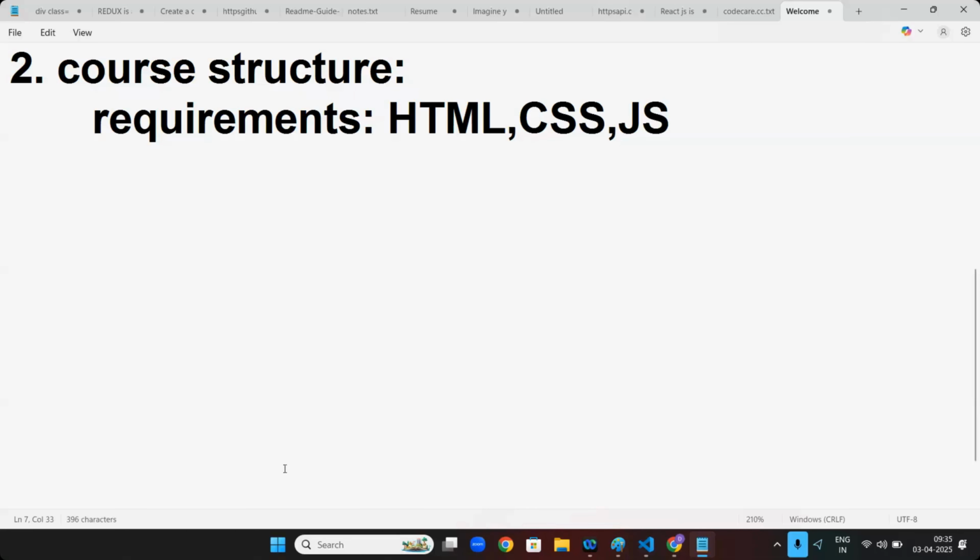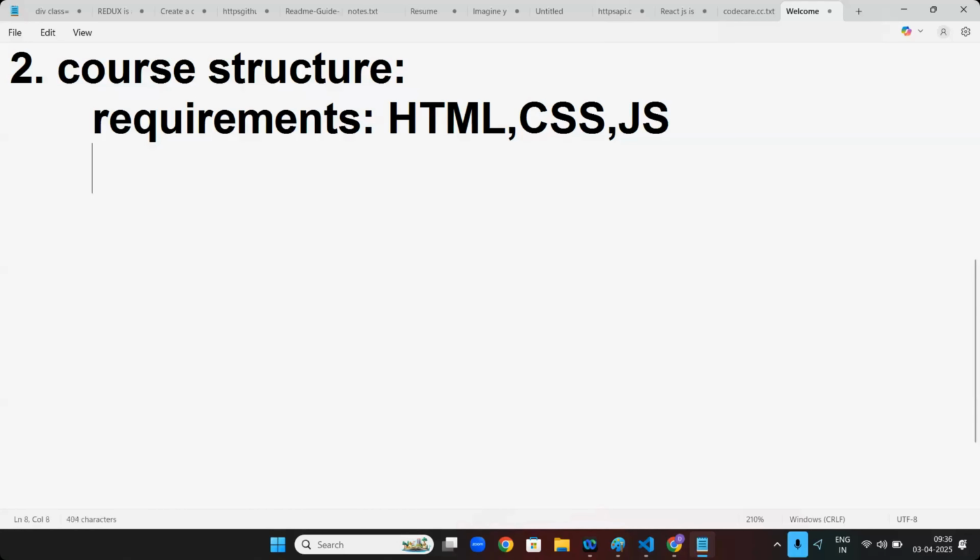Okay. Now, next. But sir, if I don't know anything in JavaScript, then this course is not for you. If you have zero knowledge, then this course is not for you. If you have zero knowledge in HTML, not at all. You should learn first HTML, then CSS, then JavaScript, then React. This is the actual path. Many people will start learning React directly. They can do that, it's not a big deal, but it's like studying 10th class without 9th or 8th. Some people do that, but it's risky. It's not good.